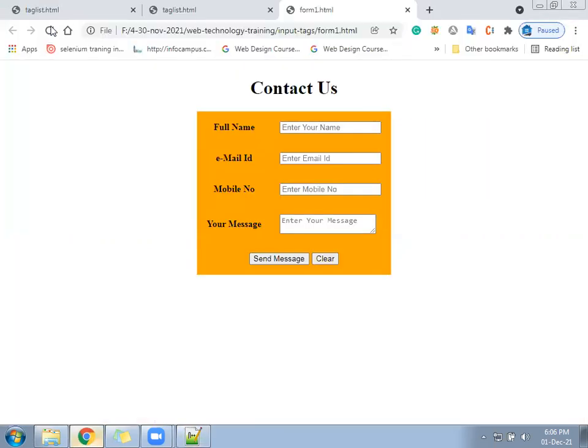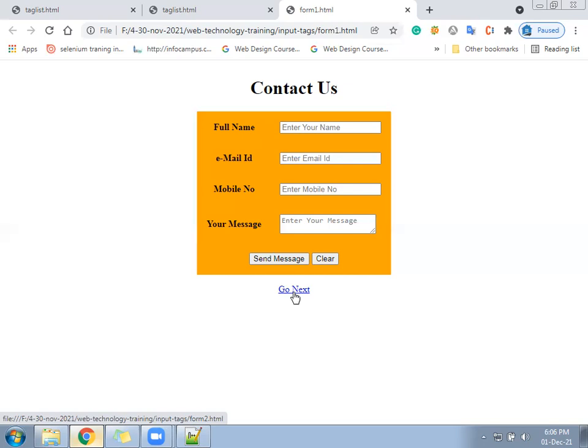Okay, so hope it looks similar. Hyperlink is ready. Go next. Once we click go next, it will go to the next page. In the next page, there will be a form. In that, there will be two links, back and next. So back will come to this page, next will go to the next page.